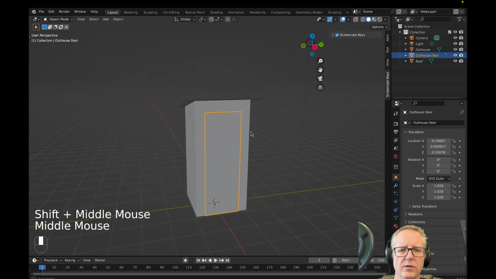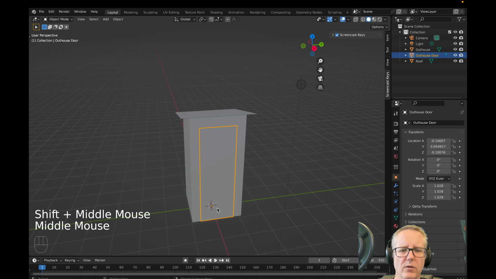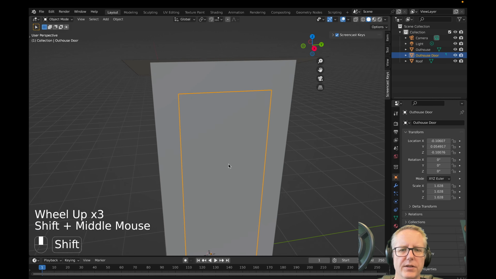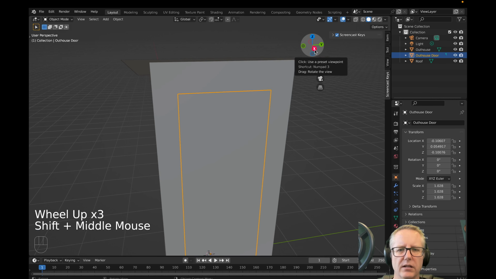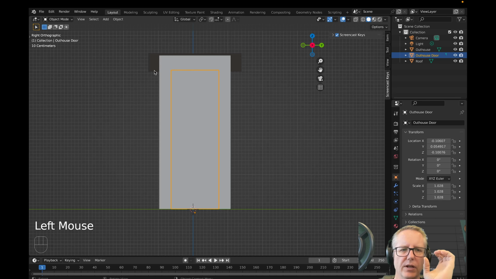Now, an outhouse door won't be quite as tall and won't be quite as wide. So I'm going to look directly on, making sure I push the X here. So it's called right orthographic. Now, if you take subjects at school, such as DVC, we call it at my school, graphics and design, you might call it,